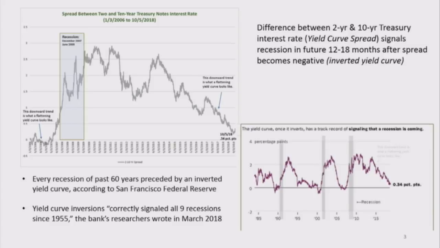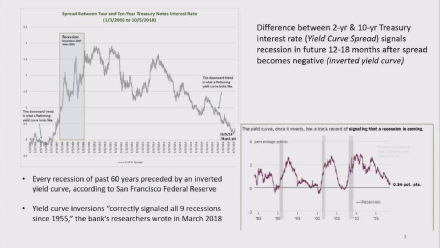And so right now, this is a chart from 2006 to now. And that's where the recession hit last time. And that's when that inverted yield curve occurred, sometime at the end of 2006 or 2007. And then the recession started. So this is what's happened since then. And now we're at 0.34. So we're all expecting that yield curve to end up being negative at some point in the next 6 months. And then we anticipate a recession 12 to 18 months later after that.